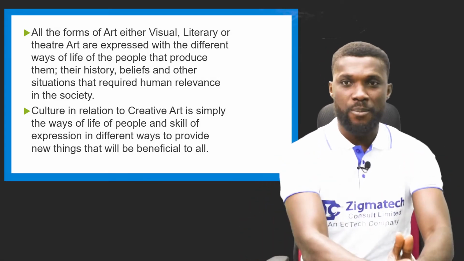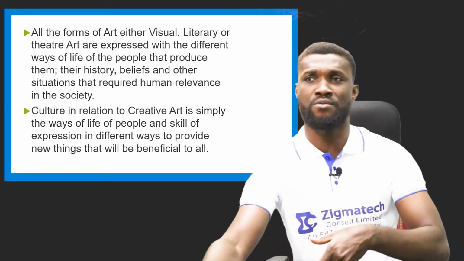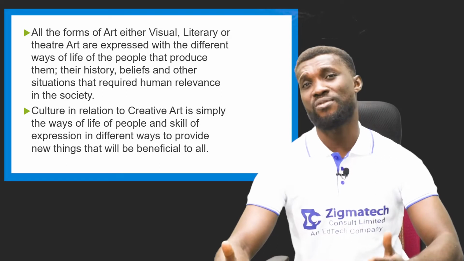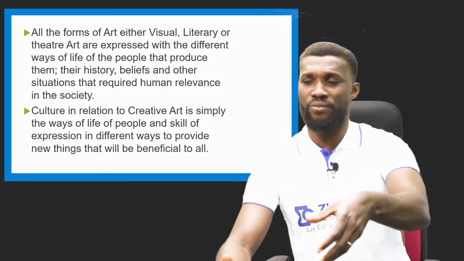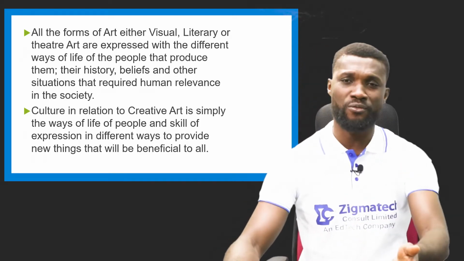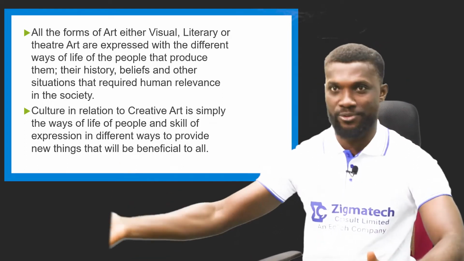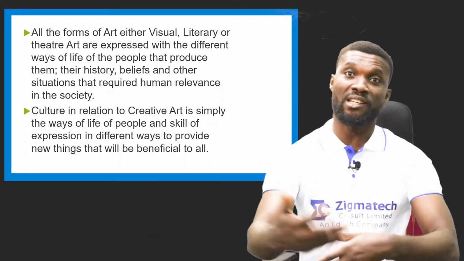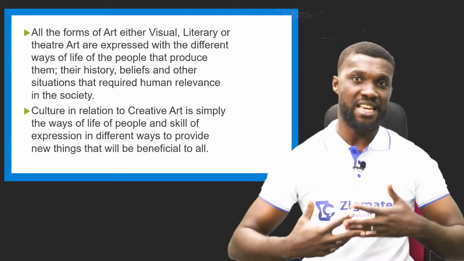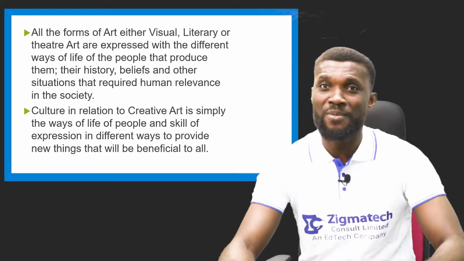Now, this is the way I live. I will need to produce something that will suit my people, that will be beneficial to my people. That is what art tells us, or that is one importance of art. It helps us solve practical problems. For example, for those of us that are conversant with the broom, before now, we have palm fronds and all that. Apart from technology that has evolved, we now have the mop stick and other forms of sweeping. But usually, before now, we used the regular broom to tidy up our place.